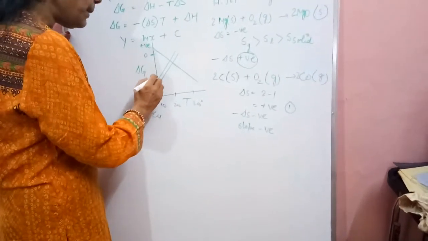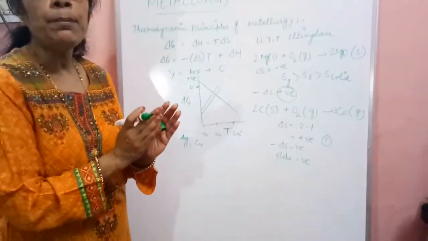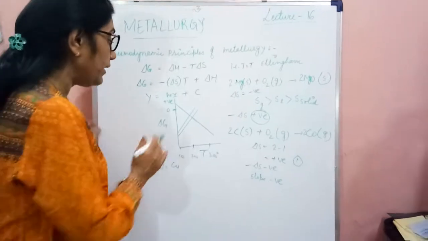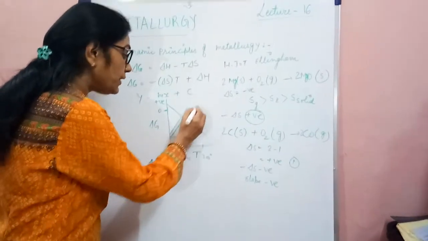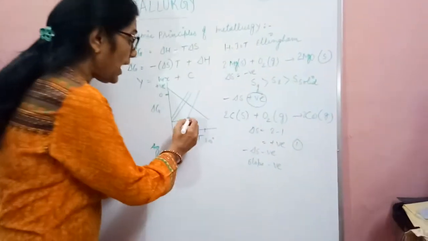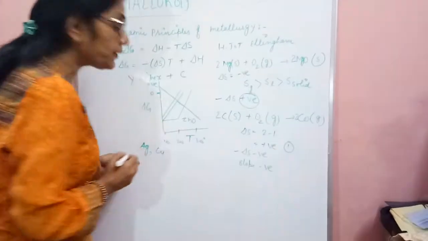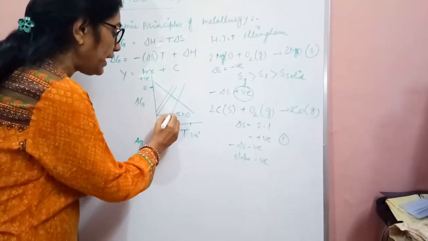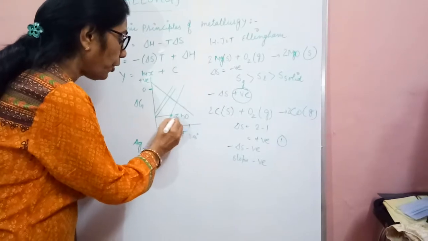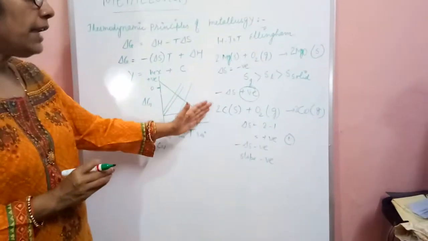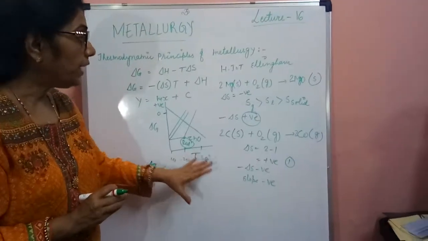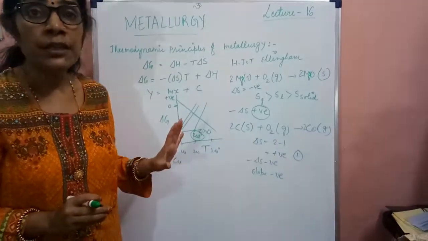And there may be some twisting in the graph. There might be a tilt over there, and that is because of the change in physical state, as for example zinc oxide. So in this case you will find in the book that there is a red dot over there. From that we can find out which metal changes its state and so on.